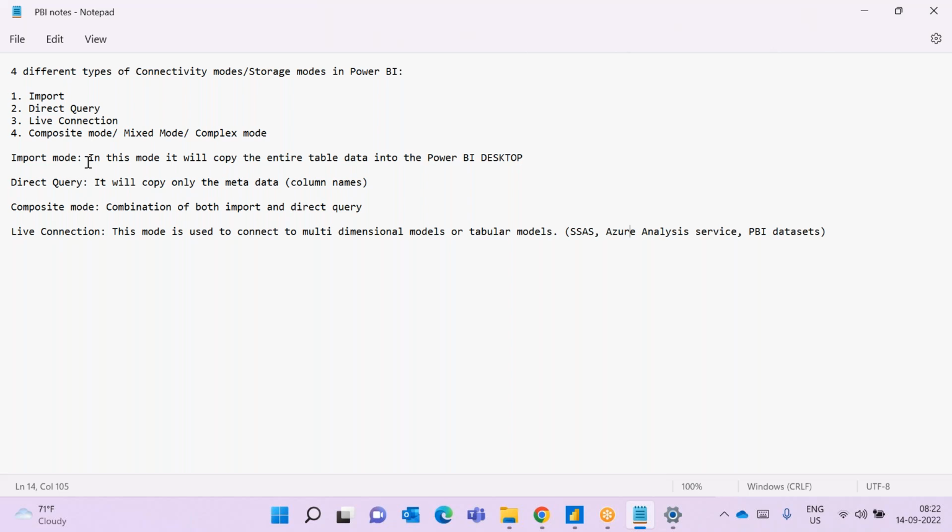Okay. So we were discussing the import model, saying that we have the